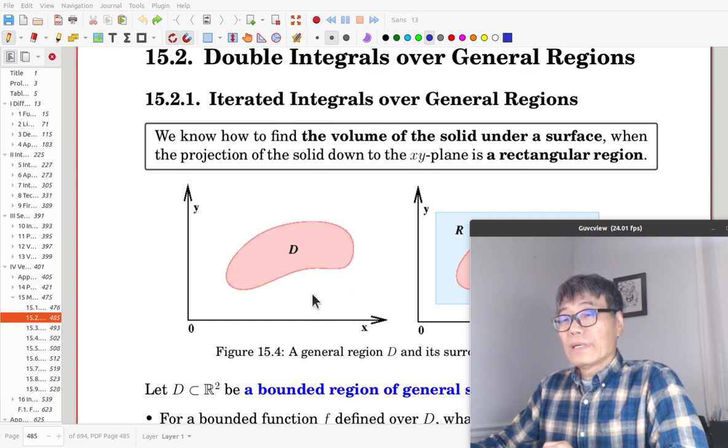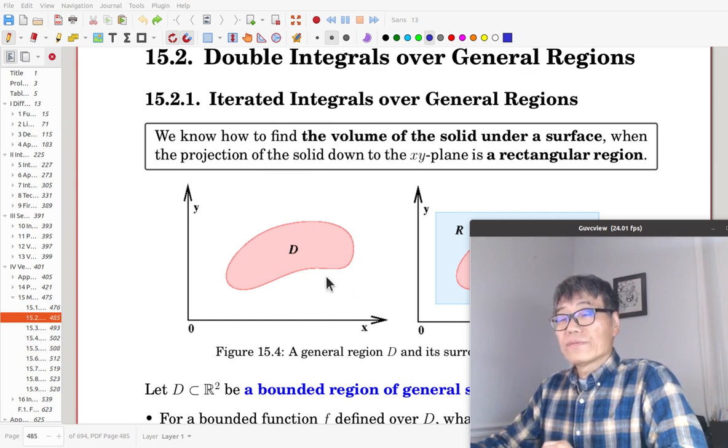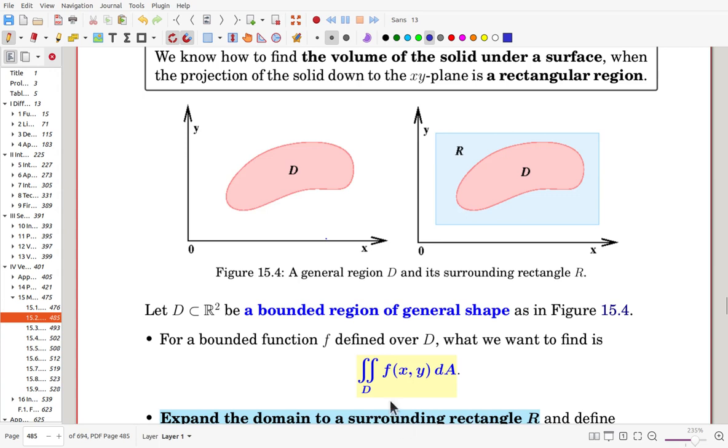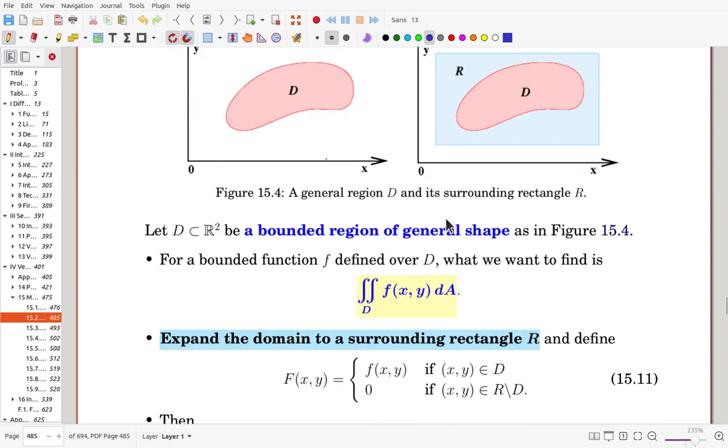Consider this boundary region of general shape D. What we want to find is the double integral over D of f of x y. In order to find the integral, first we expand the domain to a surrounding rectangle R, as in this figure, right side, and we define capital F,